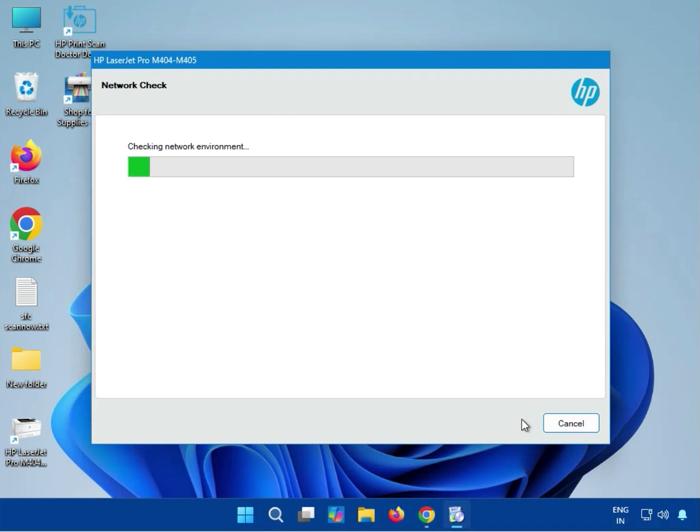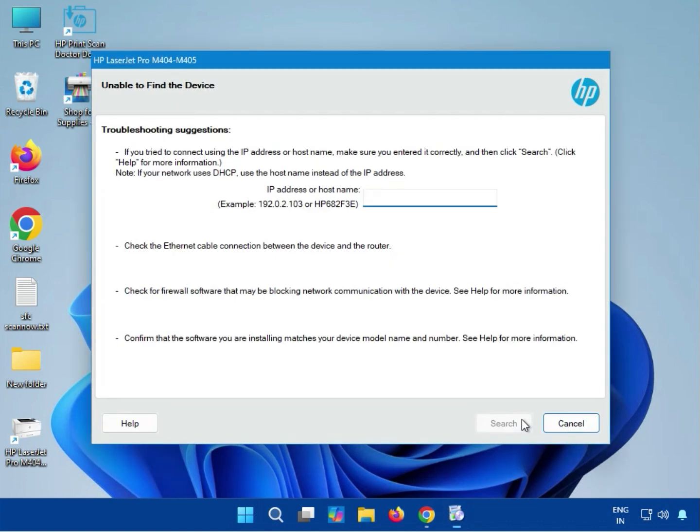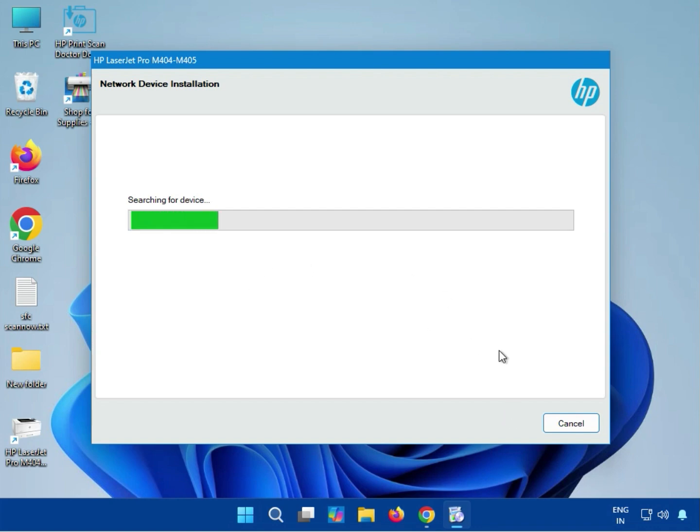Now it is again checking the network environment. After that you have to type your printer IP. Okay, so if you don't know your printer IP, you can use IP scanner tools to find your printer IP, and then enter 192.168, whichever you are using, like 1.120. Okay, whatever your exact IP is, just click Search. Okay, then once found, click Next to install. Thank you. If you are facing some issues, please comment, I will